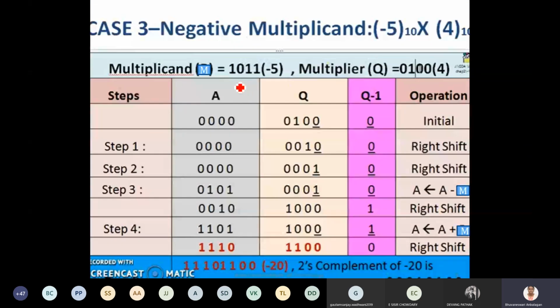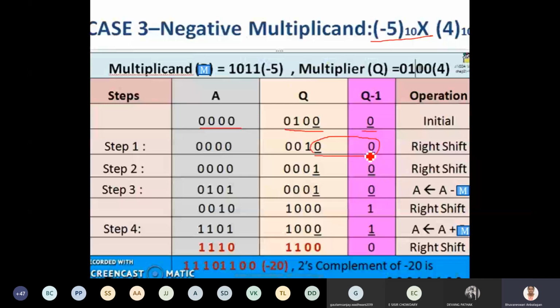So now we'll go into the actual performance of how the Booth algorithm can be applied over here. What is the first step you will do? You will first initialize the value of A, then Q, and then Q minus 1. What is this Q actually? It is the multiplier. The multiplicand M is going to have 1, 0, 1, 1. Now what are you going to check? You're going to check the value of Q0 and Q minus 1. It is going to be the 0, 0 combination.